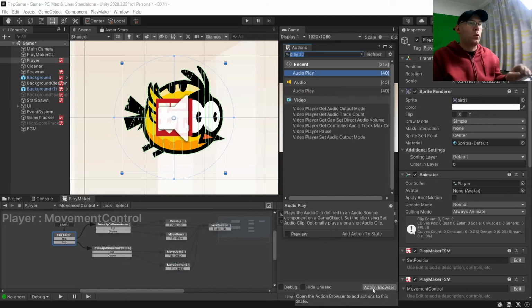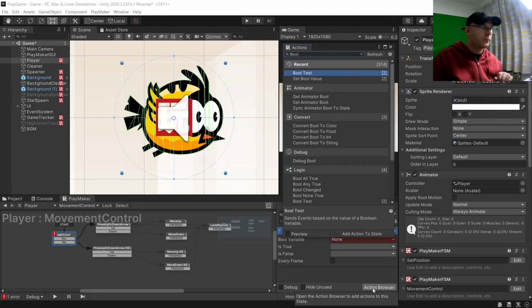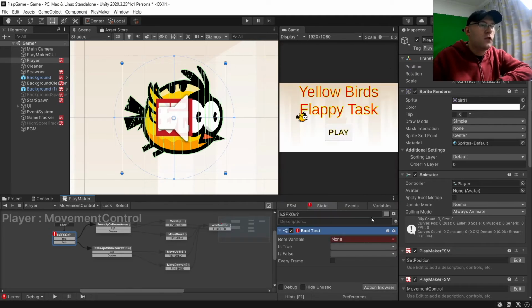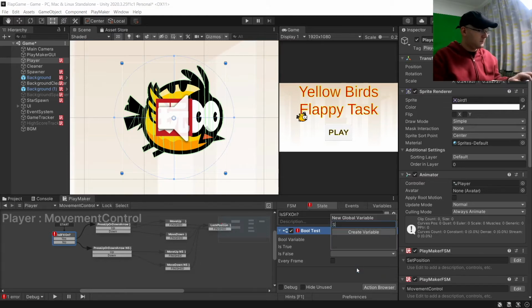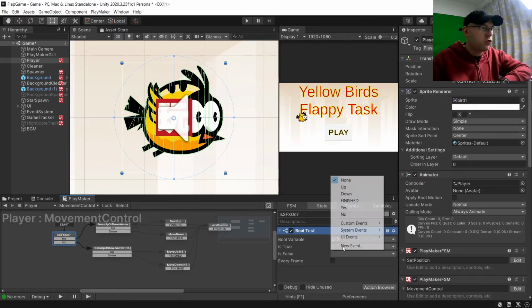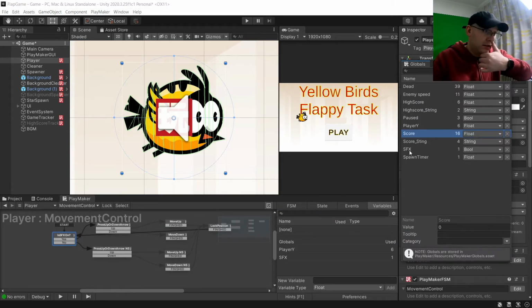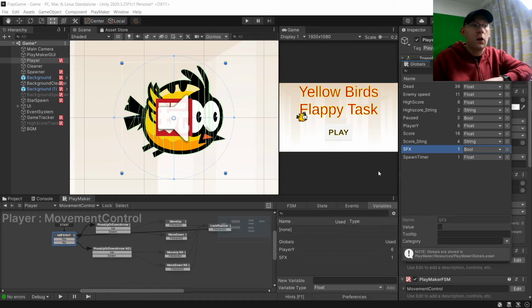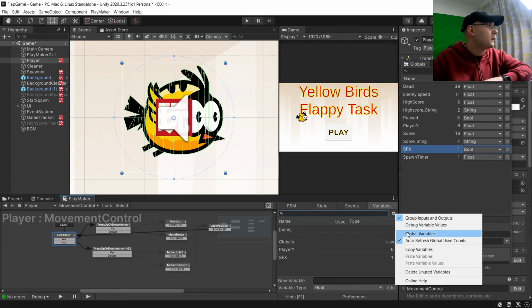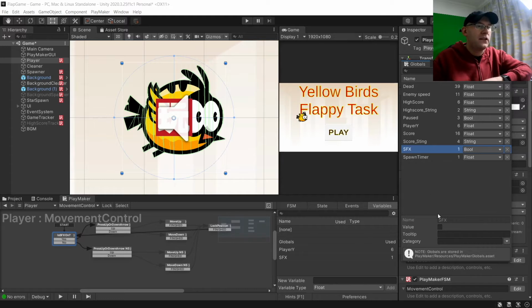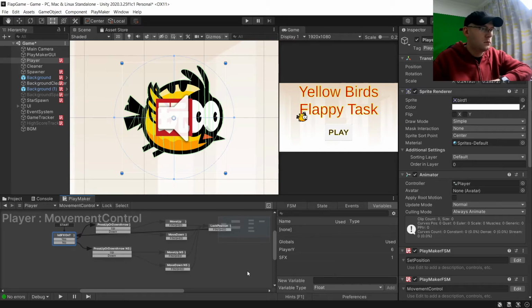And here we want to do a bool test. And we'll just make a new bool called SFX. If it's true, we go to yes. If it's false, we go to no. Check every frame. And then lock position, we'll link to here. And let's make it so sound effects are on by default. So we'll go to our settings here, globals, make sure you choose SFX and tick the box here. Okay,